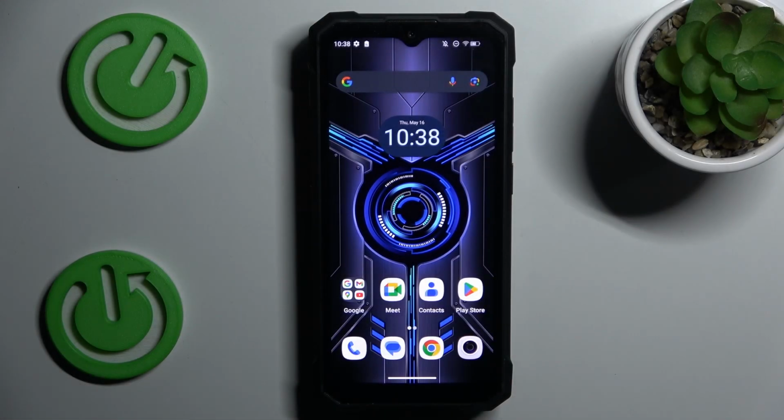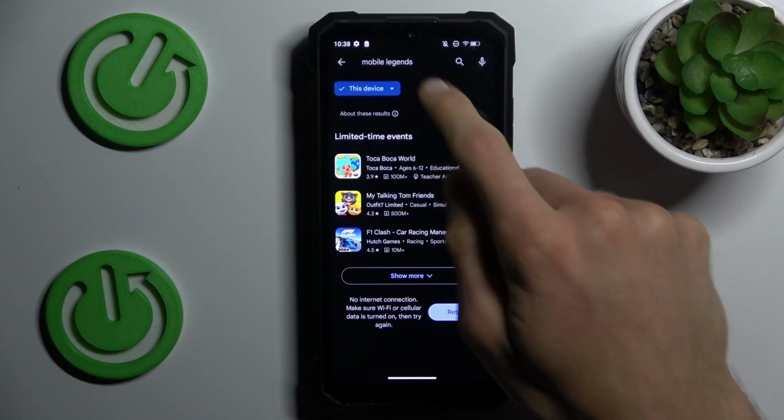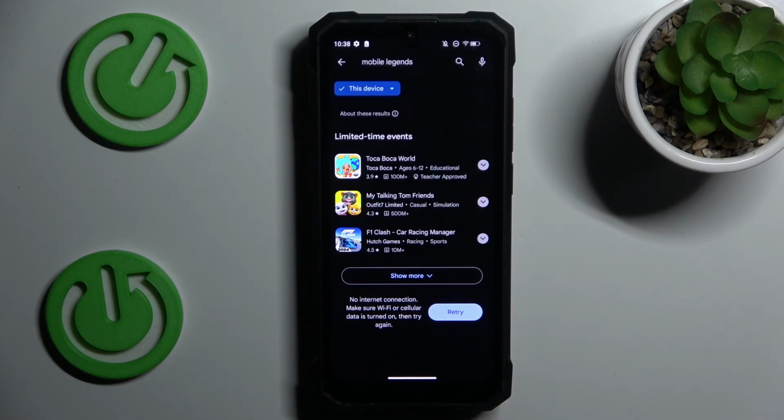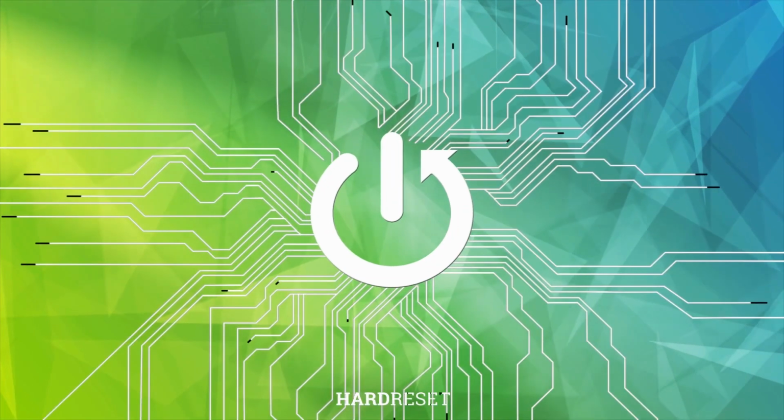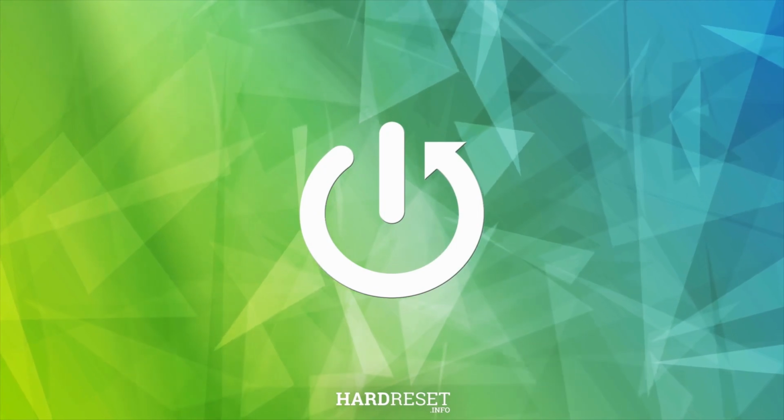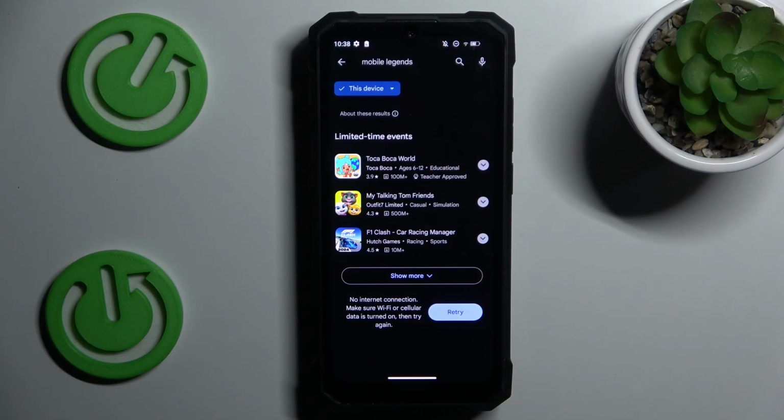Today I have the HOTWAV W11 and I want to show you how to fix the problem when your game or application is not visible on your Google Play Store, as in my situation. When you try to search for your game or application but you don't have it there, to fix it we must go